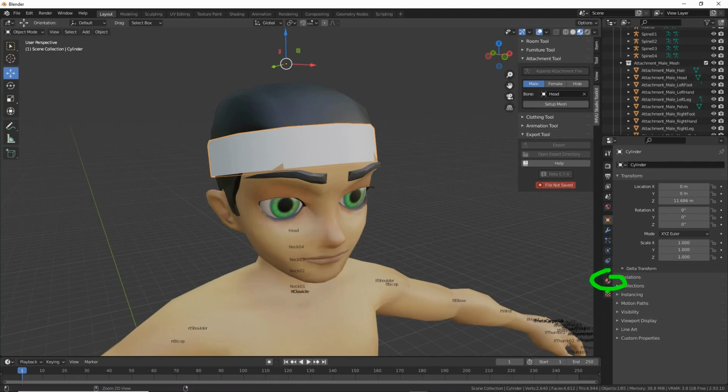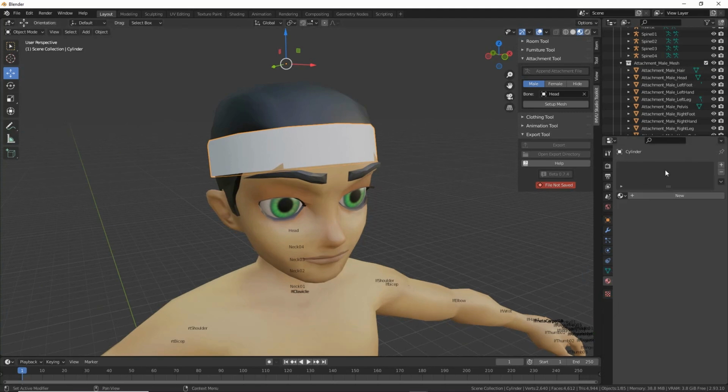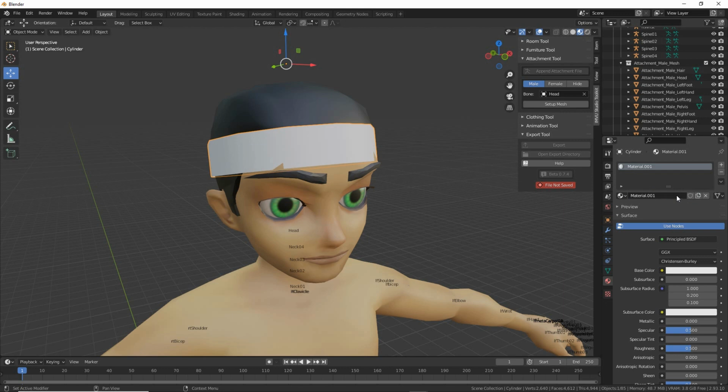Material properties. There is no material available, so we can do one of two things. We can either click the plus sign, that will create an instance that will appear here, or we can click new and that will create an instance and populate it with some material properties. So click that, got our material, rename, so click